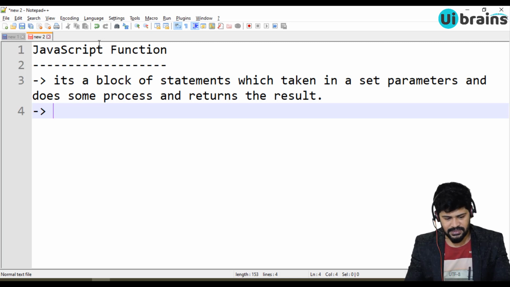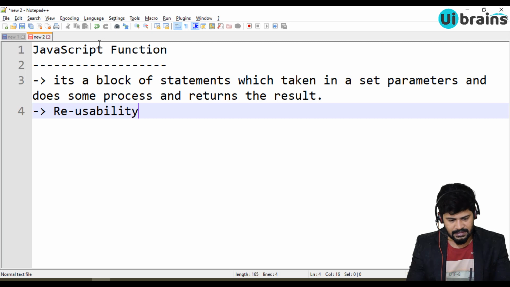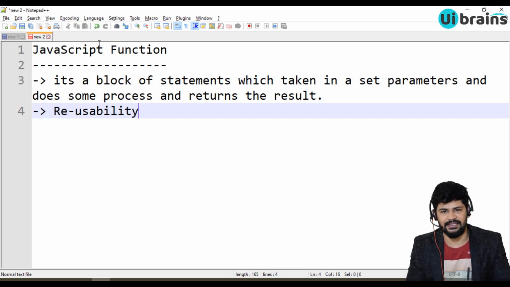Why do we use a function? Mostly we use functions for reusability. We want to write a processing logic and execute it multiple times. You must not write it multiple times. We just have to write it only once, and you can use it n number of times. That's reusability of your program logic. So that is about the JavaScript function. Let's see how to declare and execute a function, and let's see a scenario of it.